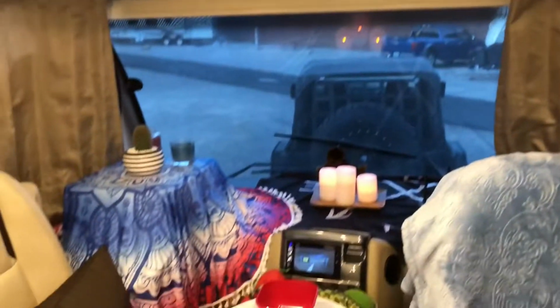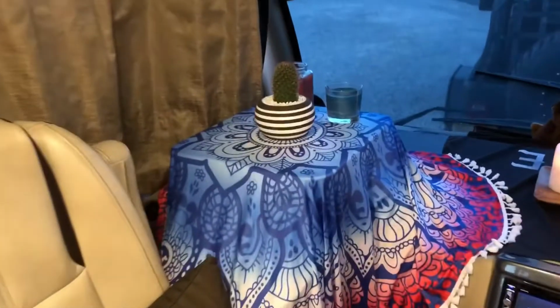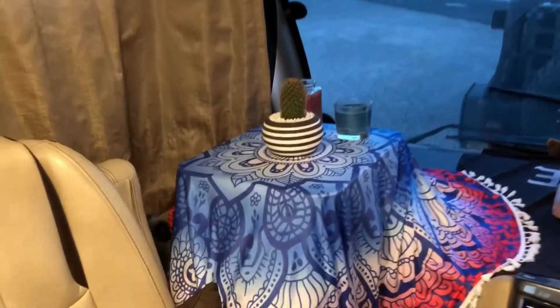Over here we got Wilson's collars and leashes and everything like that. Up front here, this is the coach area. Obviously these spin around and that's how you drive. One thing I did over here is I built this table to hide the steering wheel and all of that, because I didn't really feel like sitting and staring at the steering wheel. So that works, and that got me a nice little